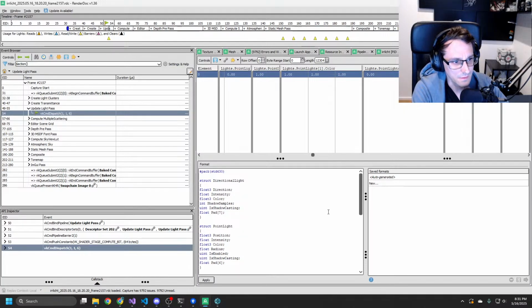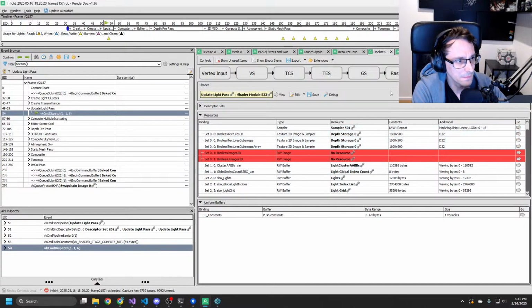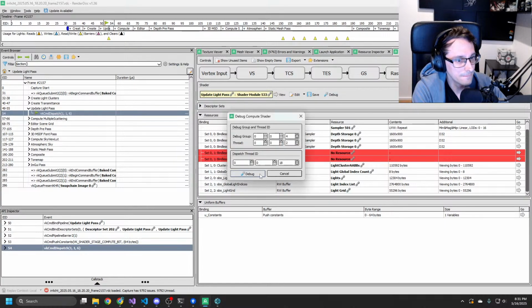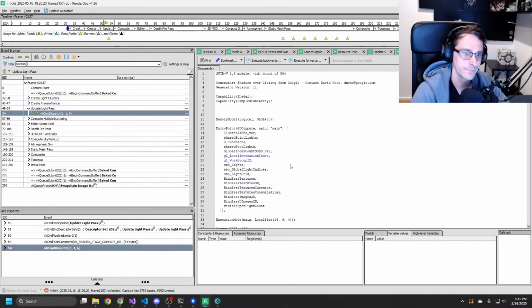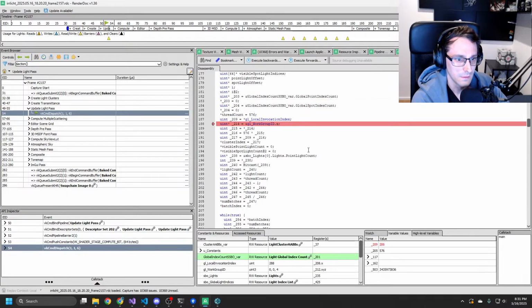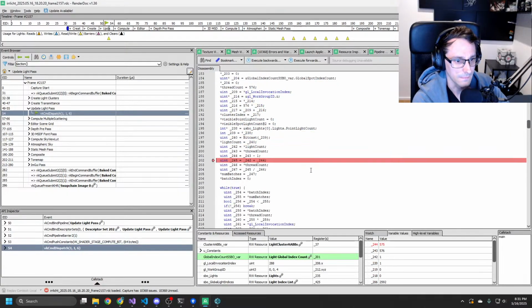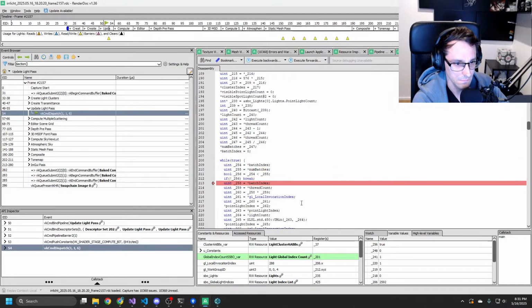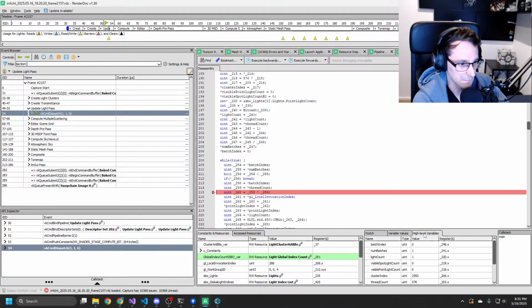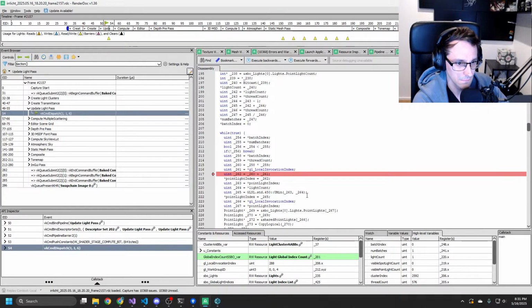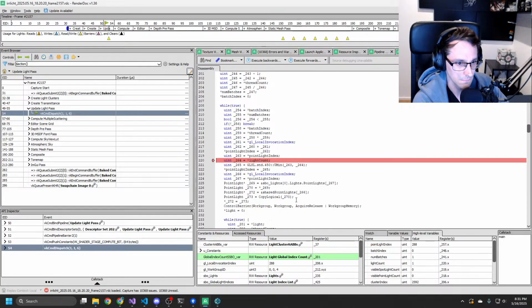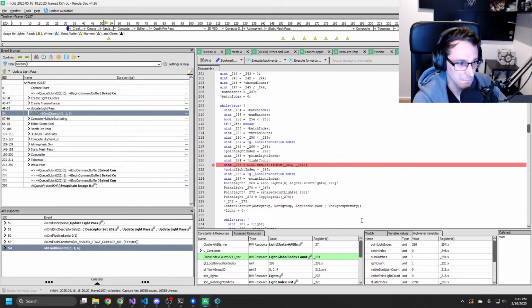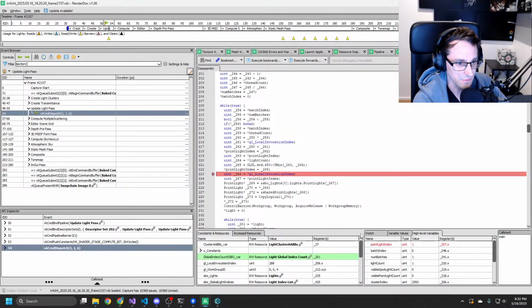How come that is garbage? So point light index 288 is fine, right?